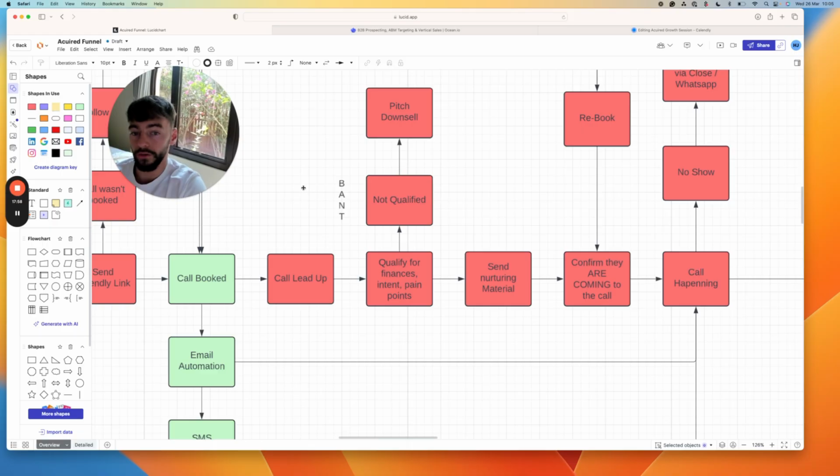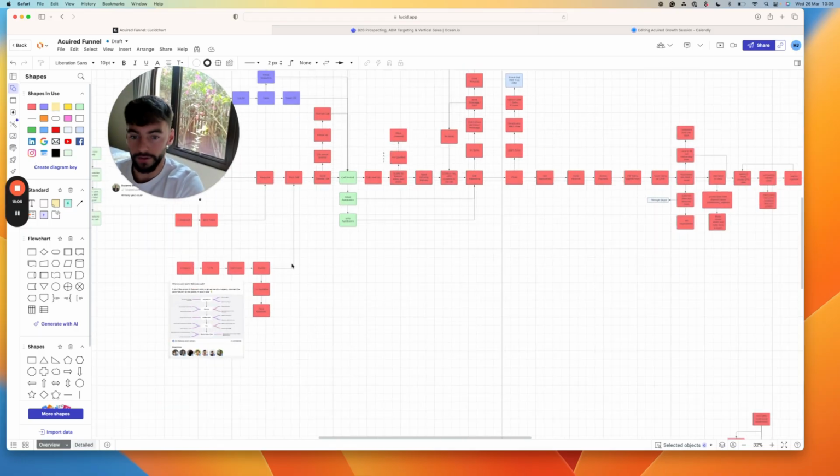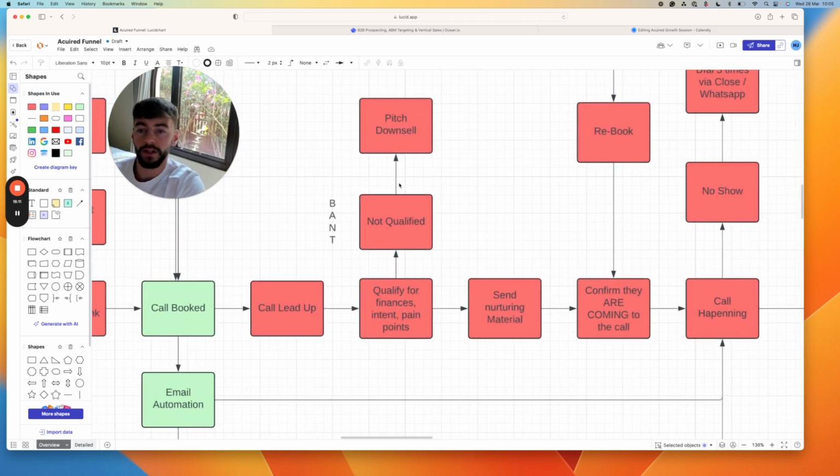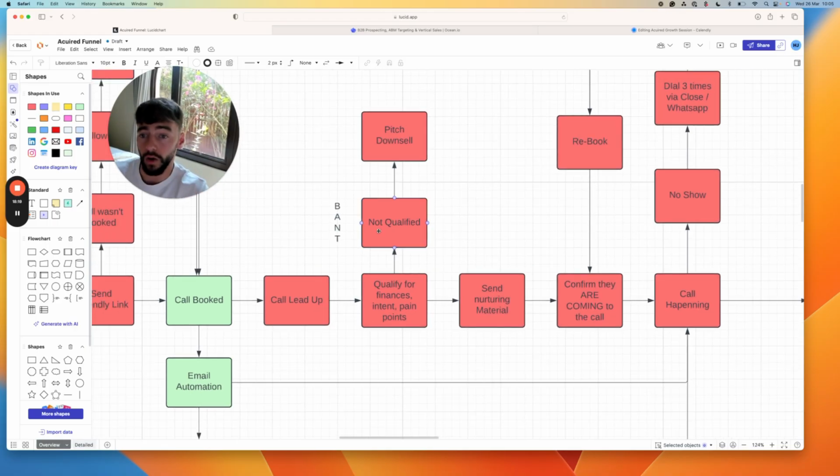If they're not qualified, either because of budget, you're not really the authority (you do need to be the key decision maker), need or timeline, then once again you can pitch the downsell. Similar to what we've done here, where if they're not 100% qualified, you can pitch them an info or coaching offer, something that's a bit of an intro that will give them a kickstart to help them, but not fully do the whole service. So if your usual service is $3,000 a month for managing someone's paid ads, maybe you